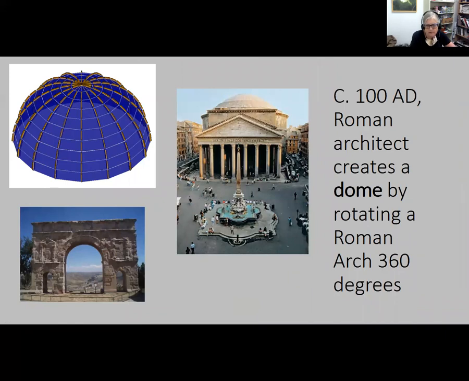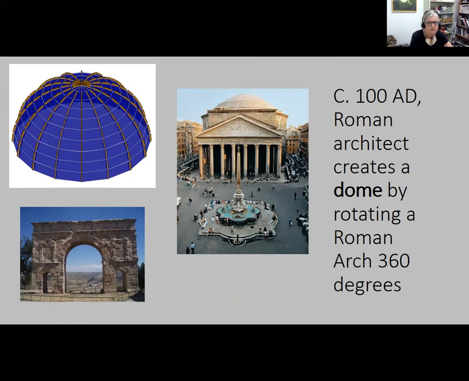So in around 100 AD, a Roman architect creates a dome. I don't know if this is how he created it. This is what I read in the Sayre book, that he took a Roman arch and rotated it 360 degrees. I'm just going to say this: the Romans did not invent the dome. But what they did was use concrete to make domes, so they could make them bigger and cover